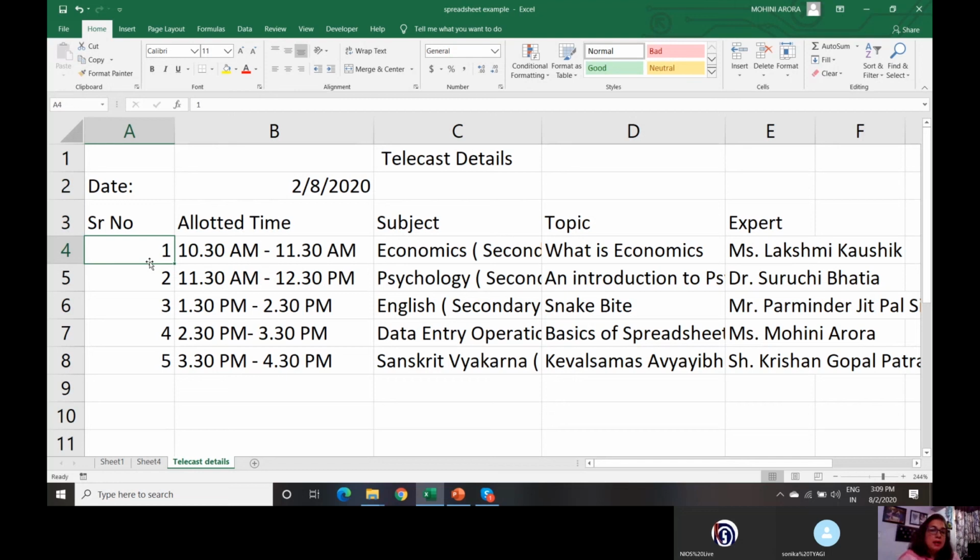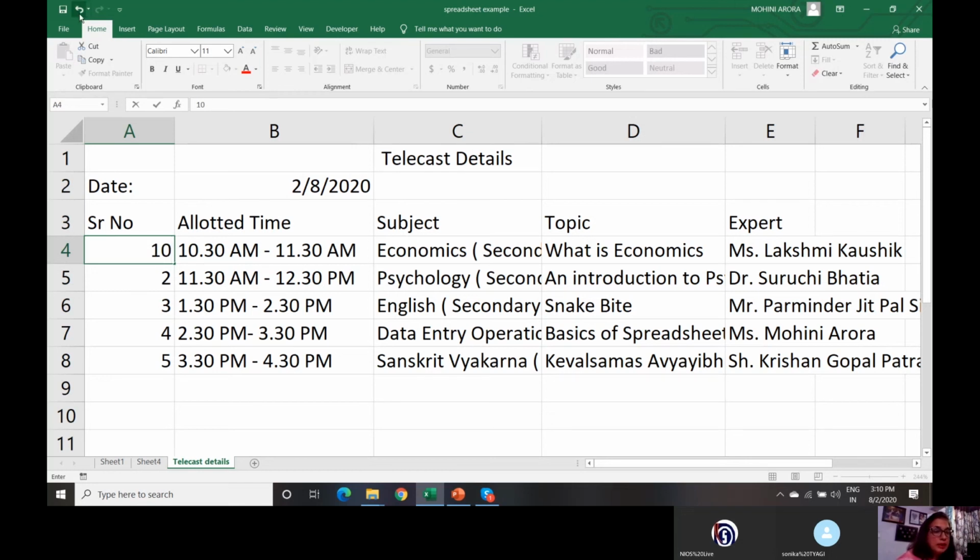Now while editing data, one thing which you should always remember is the undo and redo option. Many times it happens that we have made a change accidentally or by mistake. It should not have been done, but it is done. For example, I type here 10, which should not have been. So instead of erasing it and typing it again, I can simply click on the undo button. It is on the top left corner. I click. See, it becomes 1 again. Right?